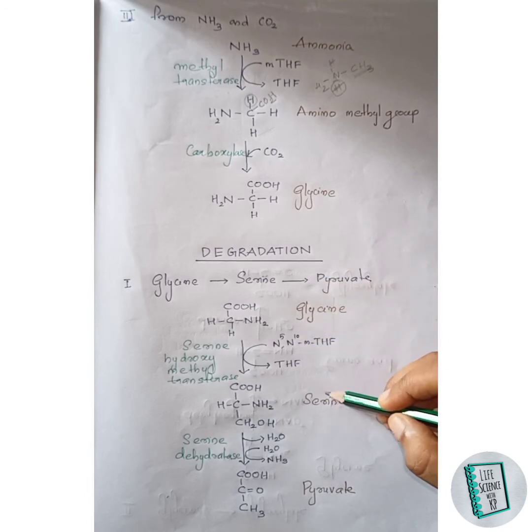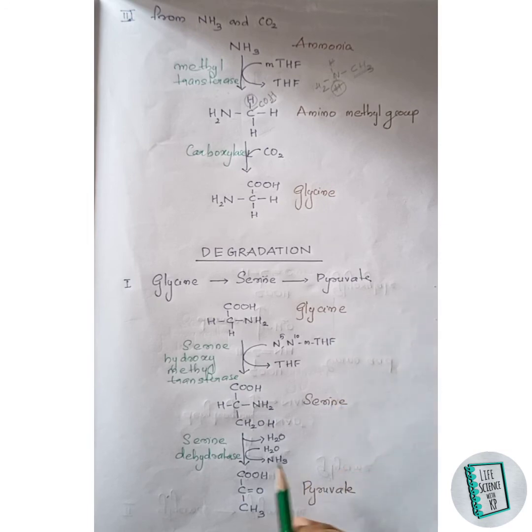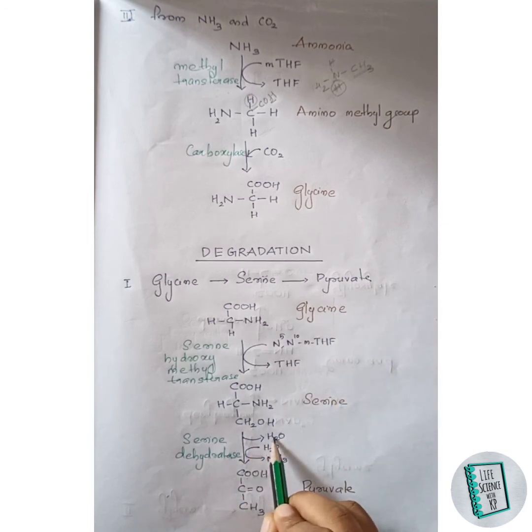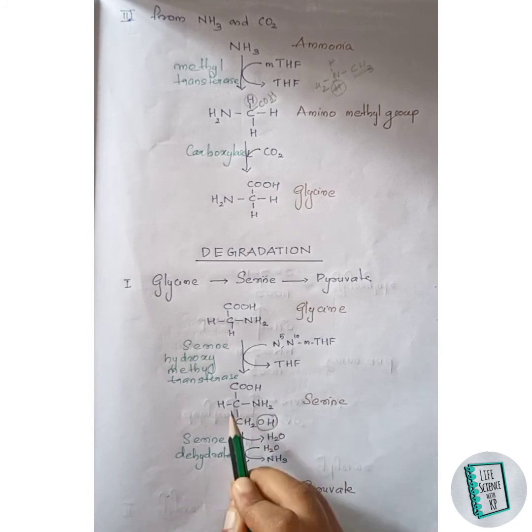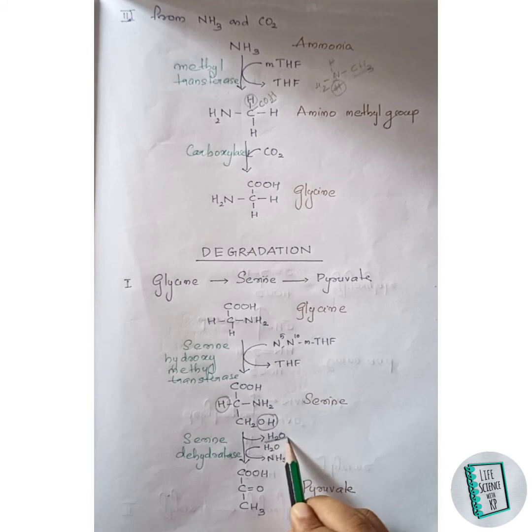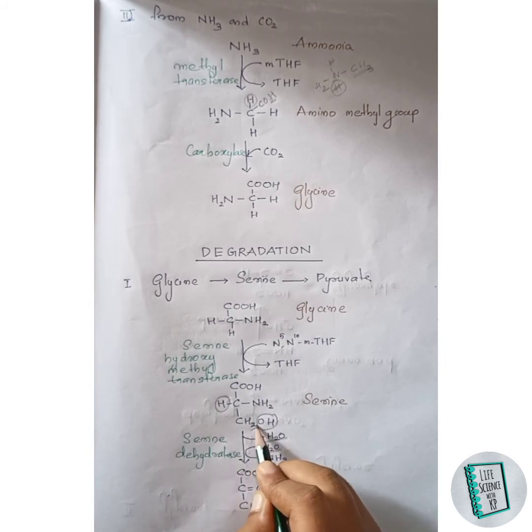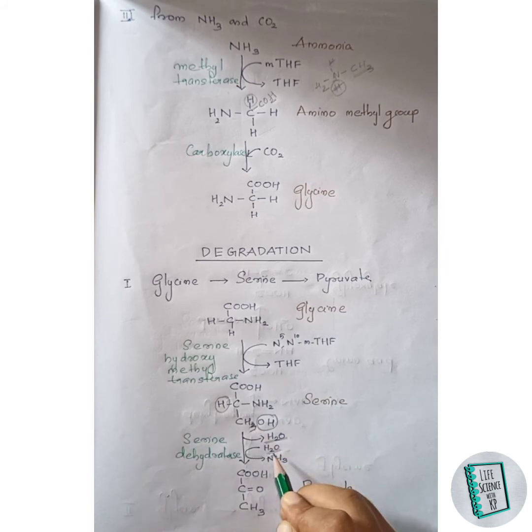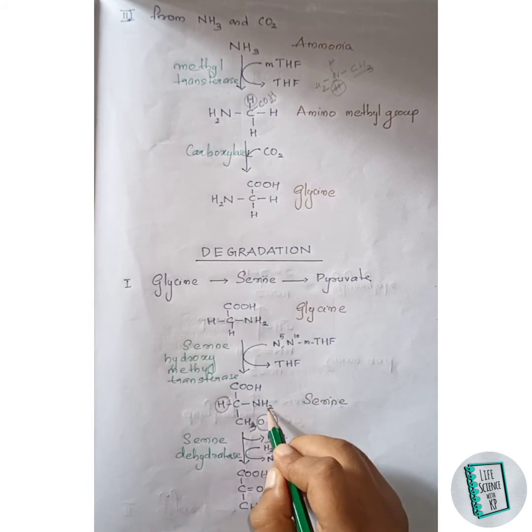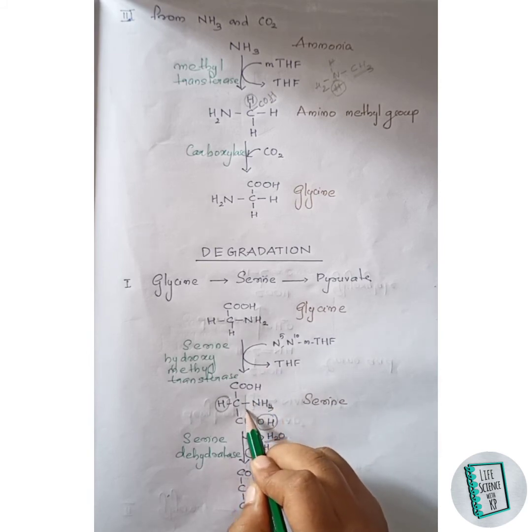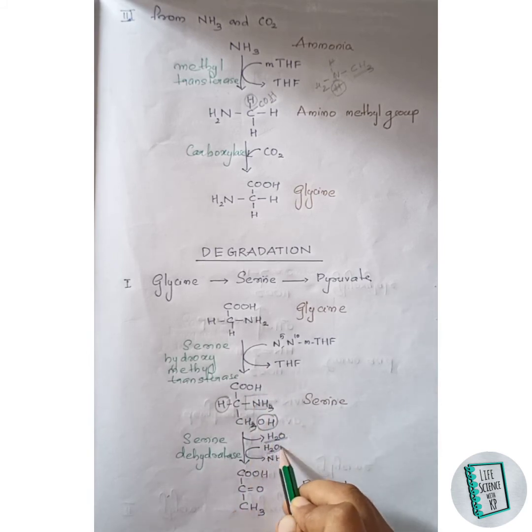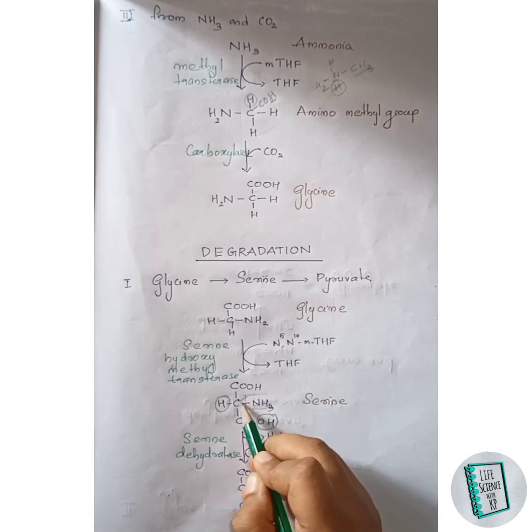Then in the next step, this serine gets converted to pyruvate, first of all by removal of a water molecule. What happens here is this OH group and this hydrogen get removed as a water molecule at first. Then hydration occurs again. Here a water molecule comes, and one of its hydrogens gets joined with this CH2 and converts it to CH3. Then the remaining hydrogen attaches with this NH2 as NH3 and leaves this bond. Then the remaining oxygen of this water molecule joins with this carbon by a double bond. Thus pyruvate is formed. So this is the first degradative pathway of glycine.